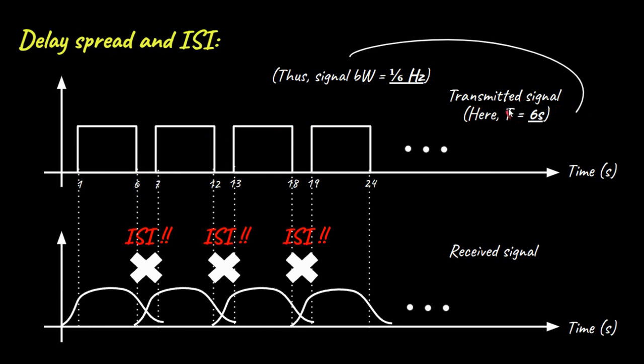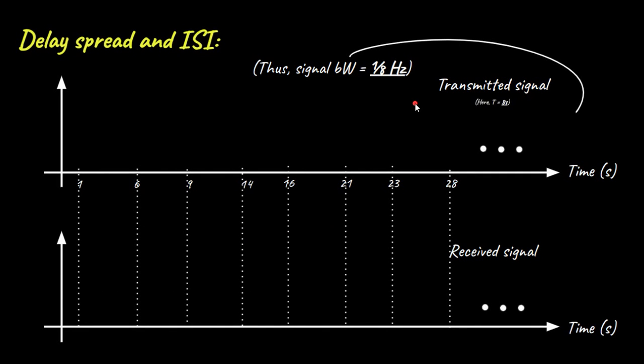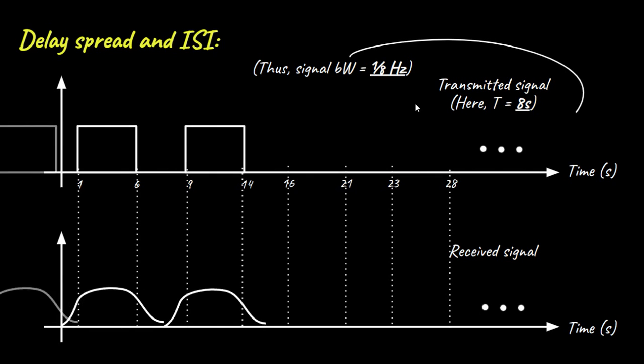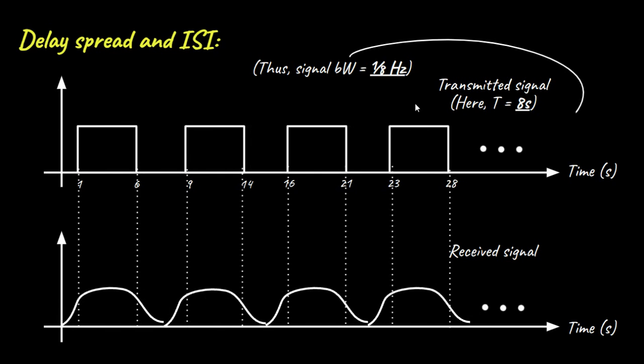To achieve this, we can increase the symbol time T from 6 seconds to 8 seconds, which also leads to a corresponding decrease in signal bandwidth from 1/6 Hz to 1/8 Hz. However, while this, as seen in this diagram, will certainly prevent ISI, it leads to a very slow data rate and is absolutely incompatible with our modern high speed data requirements. So, finally, in this video, we learned that